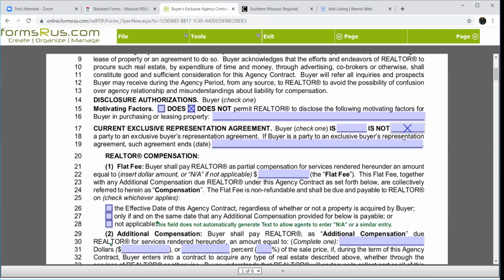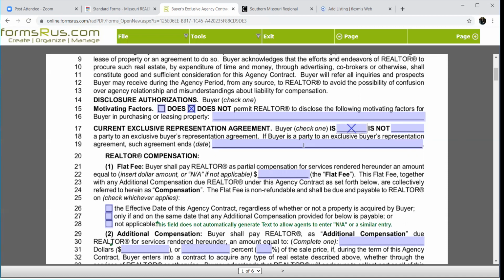Now, just like we talked about last week, if perhaps this client called you and said, hey, I'm not happy with the way Don's representing us, when our buyer's agency agreement expires, will you take over as my buyer's agent? What you would do if that were the case, you would say sure, and you would go talk to the client.